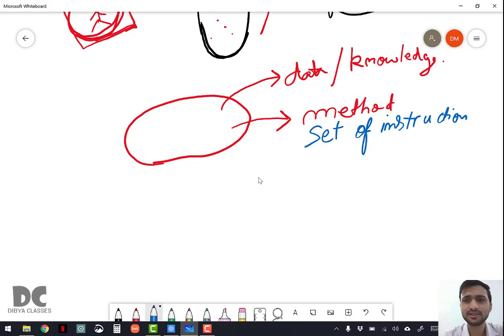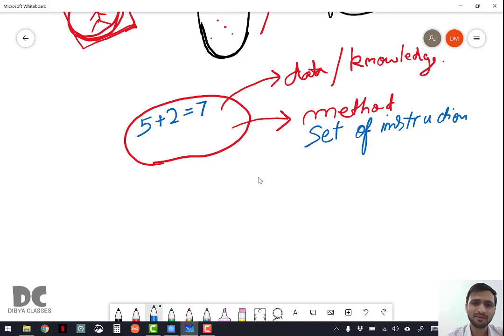So these are present inside your brain. For example, you have the knowledge that if you add 5 and 2, it will give you 7. So when an instruction is given by a teacher, asking what is the answer of 5 and 2, you can easily calculate in your brain and say that it is 7, because you have the knowledge.